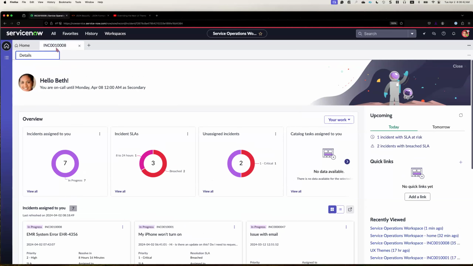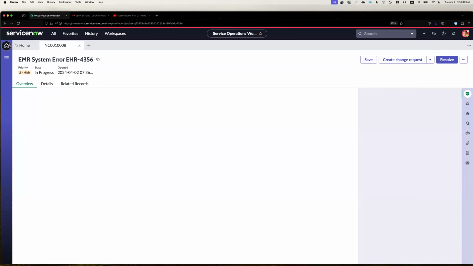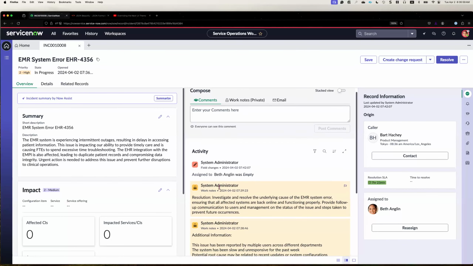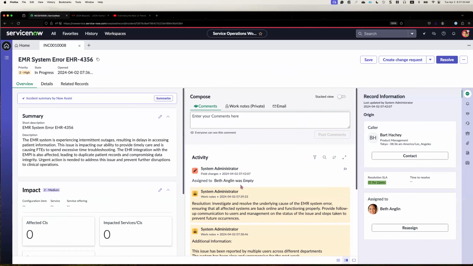Now, she recently got assigned an incident, and someone has already worked on this incident. And as you can see, it's a pretty heavy incident, the EMR system error. There's a lot that has gone on. If you look at the activity, a lot of comments have already been posted, and she's overwhelmed. So what she can do, leveraging the analysis panel,